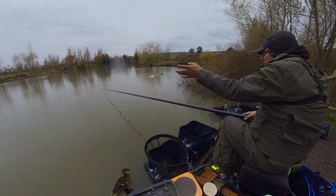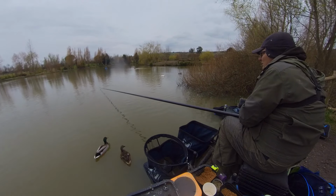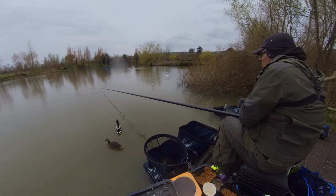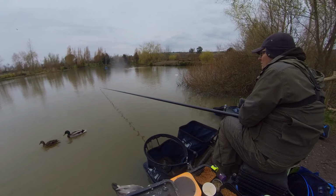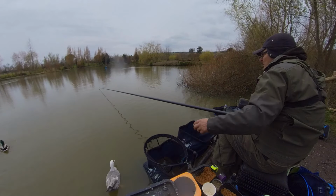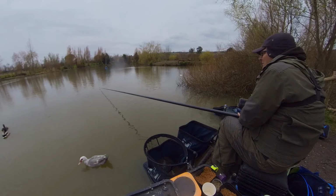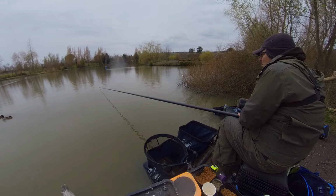But I just can't find a carp. I've been over to my reach on the left where I caught the carp, and there's just not one there. I'm just not getting any bites at all, or if I do get a bite, it's really rapid and I'm not hitting it. So I've taken that rig and gone a little bit down to my left-hand edge. It's a similar depth. Replumbed up. Just started a fresh little area down the edge, because down this bank there's a lot of rocks close to the bank,